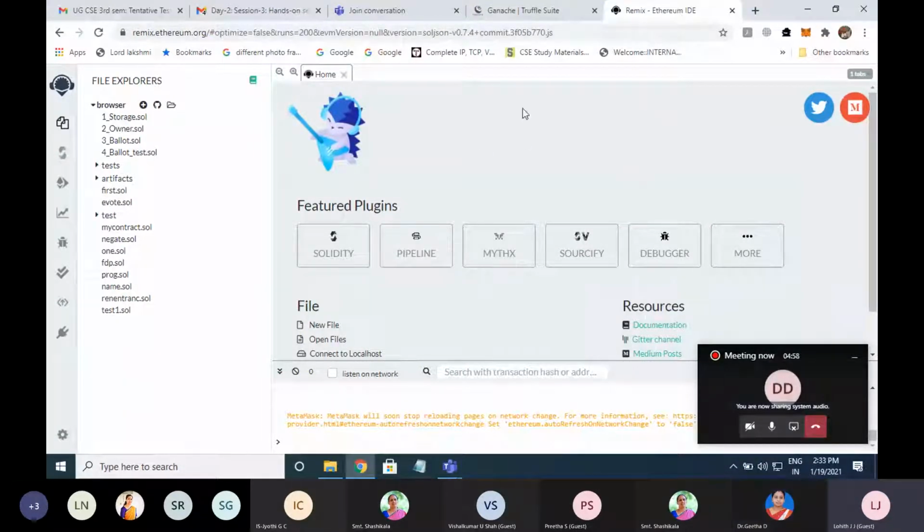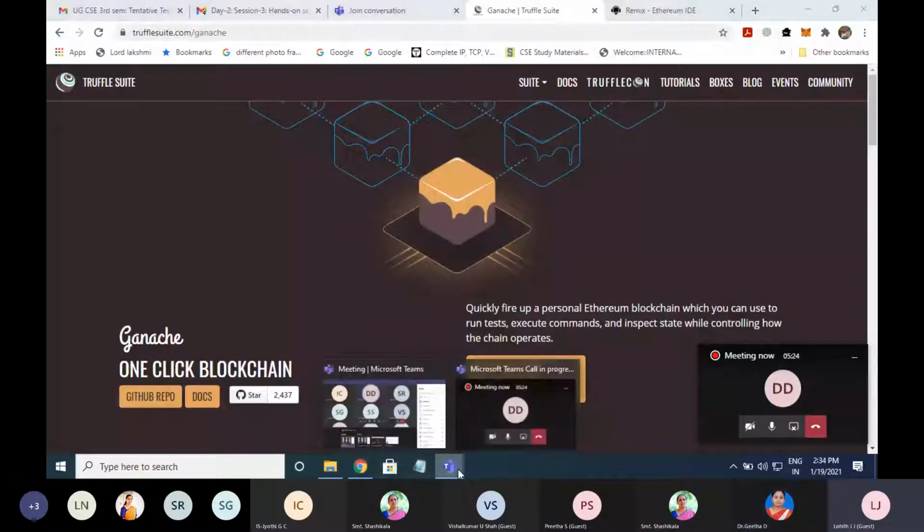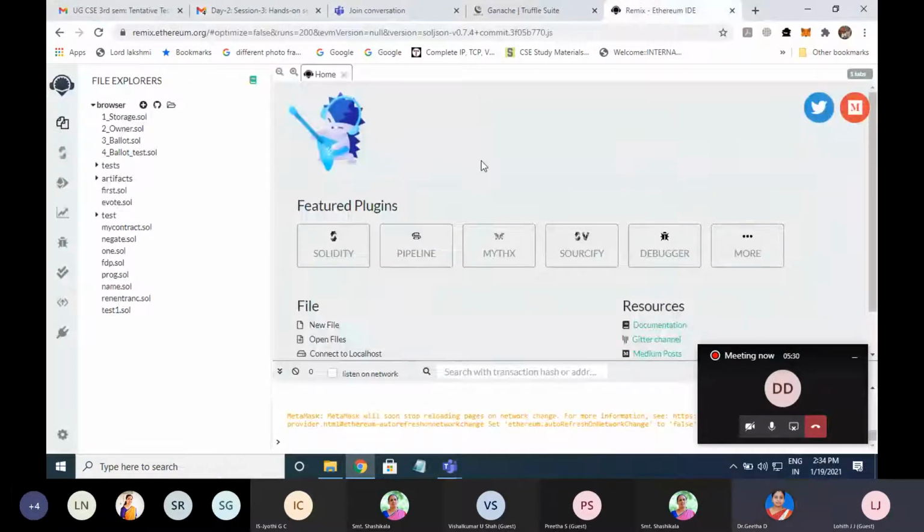Everyone can click on remix.ethereum.org, and a screen will open like this. Let me know how many are working so that I can concentrate on them. You need not download anything here as of now. You just type remix.ethereum.org in the browser, and a platform will be opened like this.